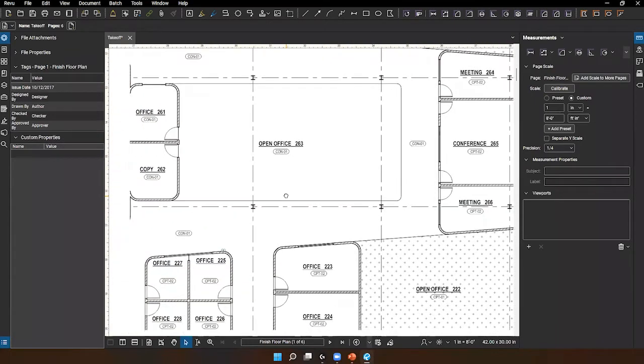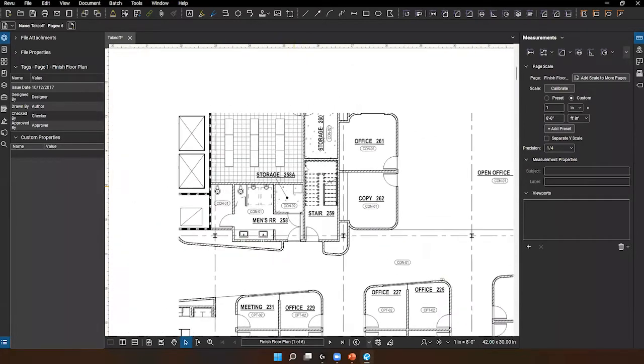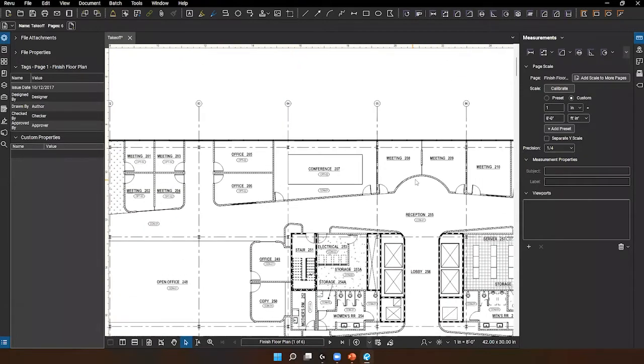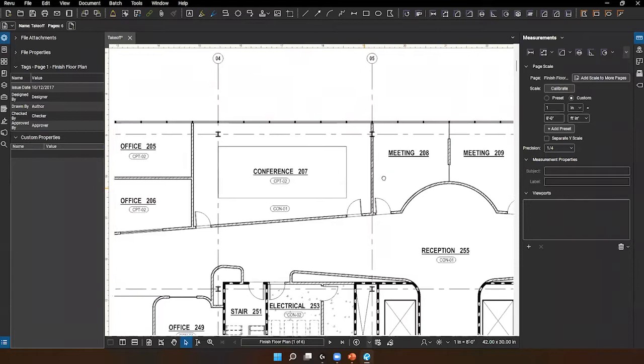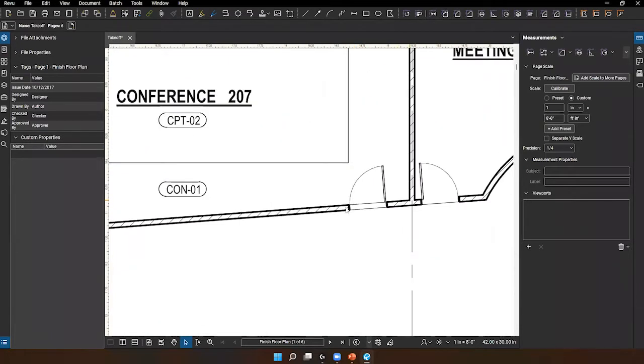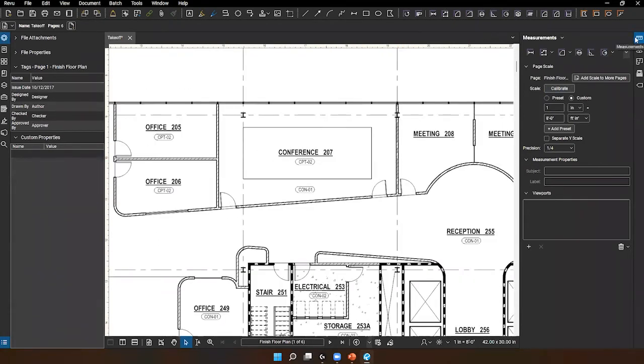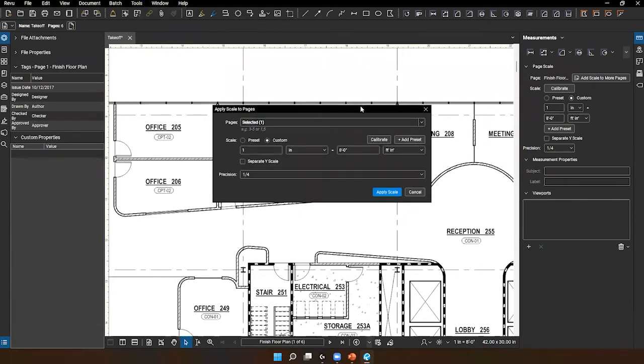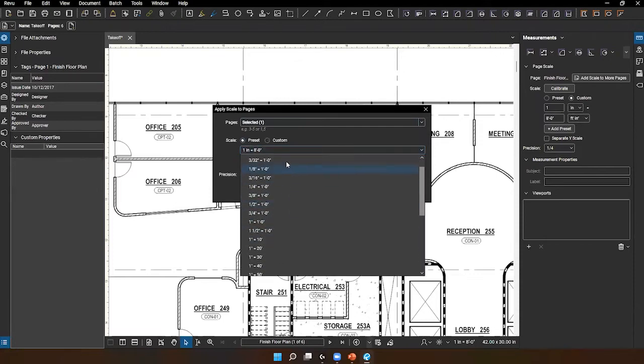If you don't have any measurements necessarily being called out in your document, one easy way that I find to calibrate is to use the doorways. And we could use that as about 3 feet. In my measurement panel over here, or under Tools, Measure, you can select the Set Scale button. If you know the scale already, you can just choose it from a dropdown of the different presets,